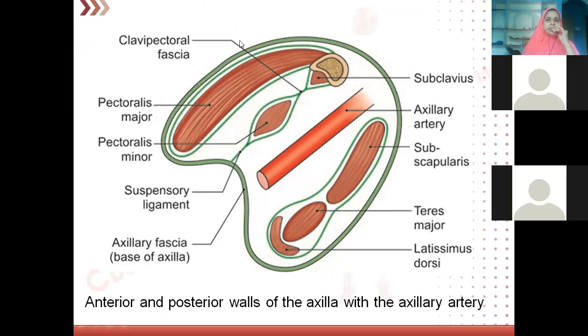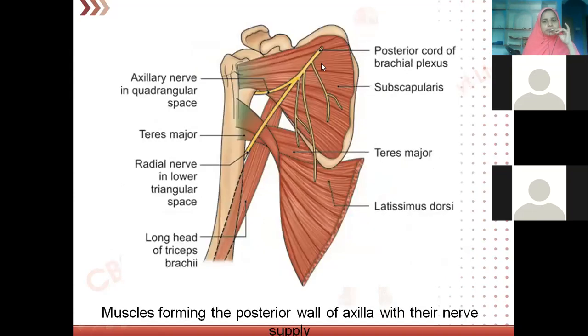Contents. See, this is the pyramidal space that we have between the arm and the outer part of the thoracic cage. So, what is the chief content you are finding in the axilla? The axillary artery. Sometimes we can just put our hand in the axilla and palpate for the axillary pulse. Sometimes we can even record blood pressure if there is any problem with the brachial artery.